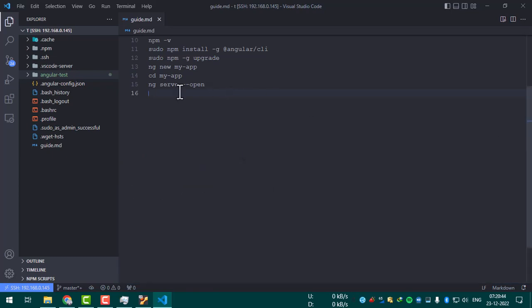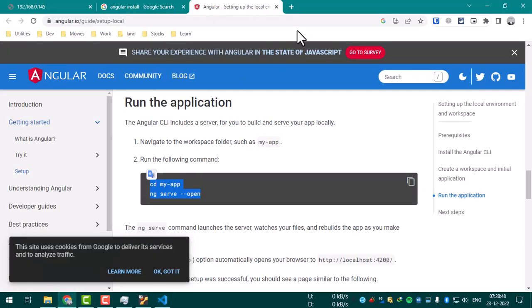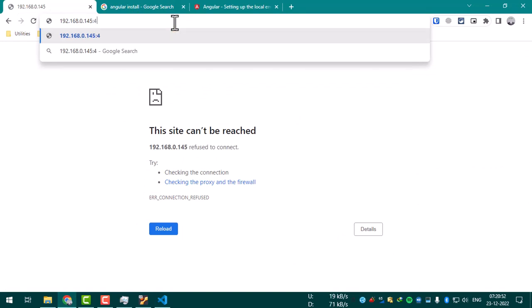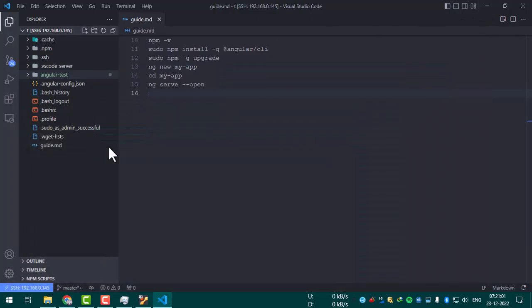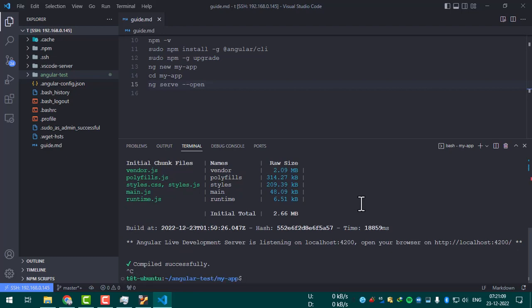What we want to access is the VM's IP, that is 192.168. So let me type that and put the port number that we are doing, 4200, and access that. See now, it is not accessible because the VM has 4200 port open, but we are not accessing the application in that manner. So go to the terminal, close the serve section